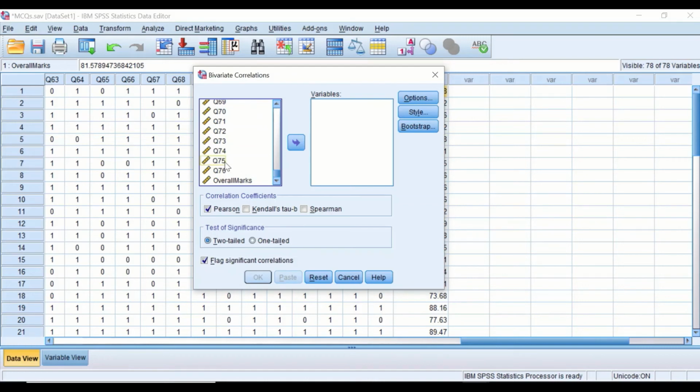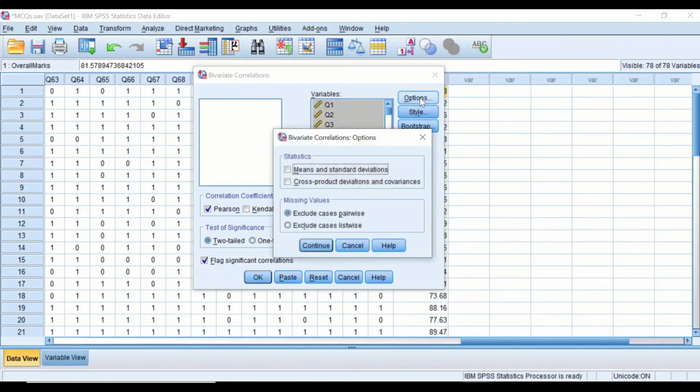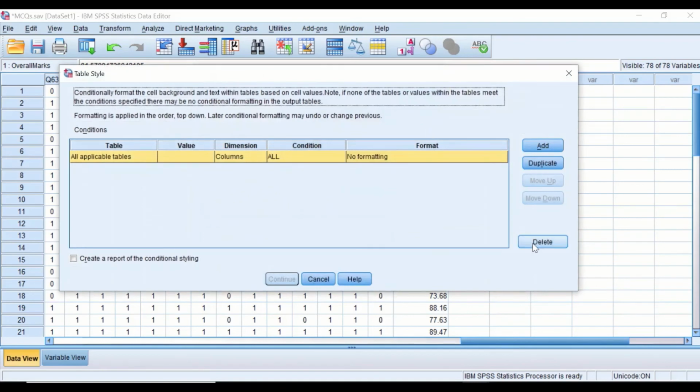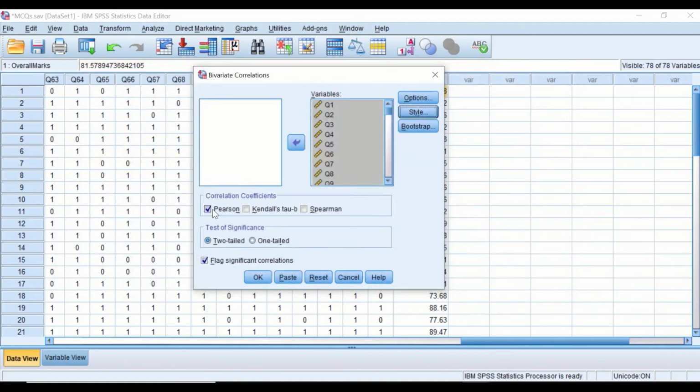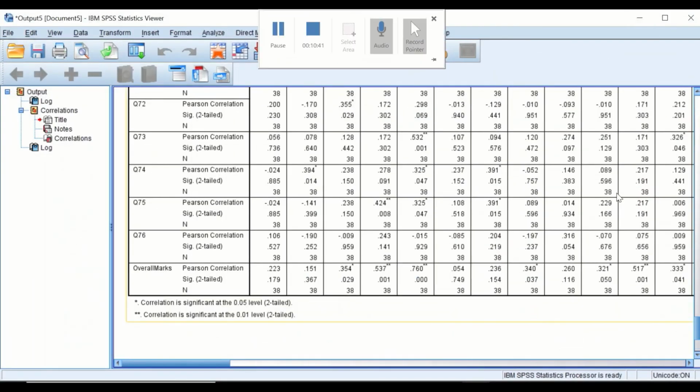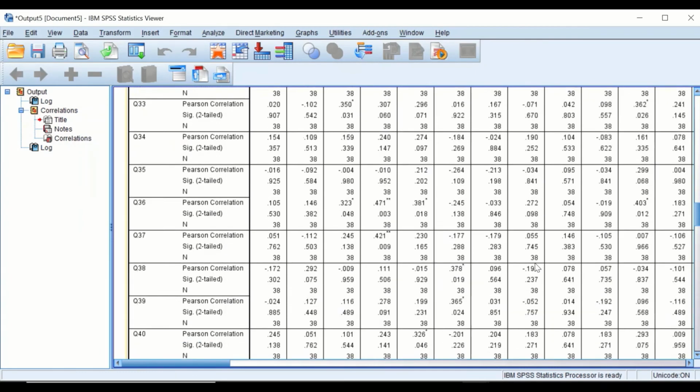Press Control A to select all the questions, together with the continuous variable, and drag them into the variables box. We're not going to change anything here, keep it as it is, but we make sure that we use the Pearson correlation coefficient, as the point biserial correlation coefficient is based on the Pearson correlation coefficient. If you click on OK, SPSS will generate a correlation matrix